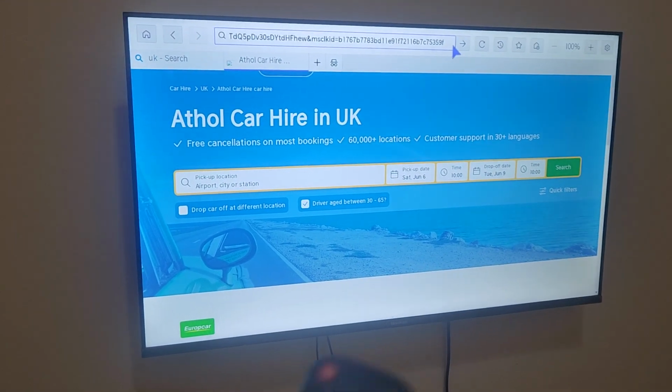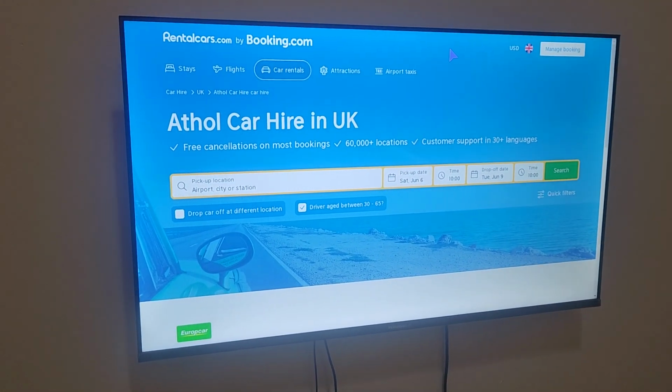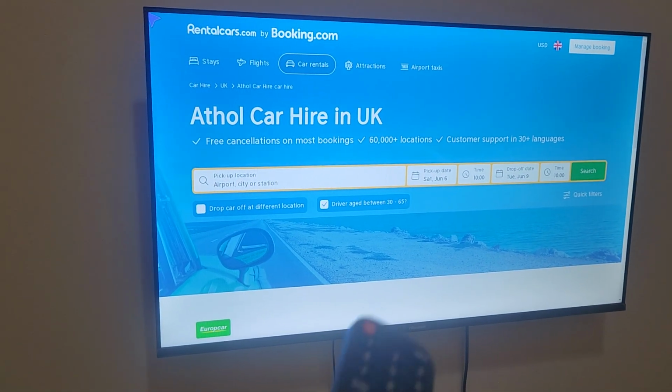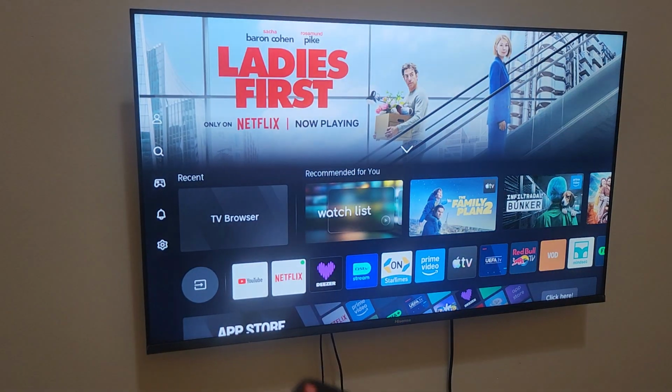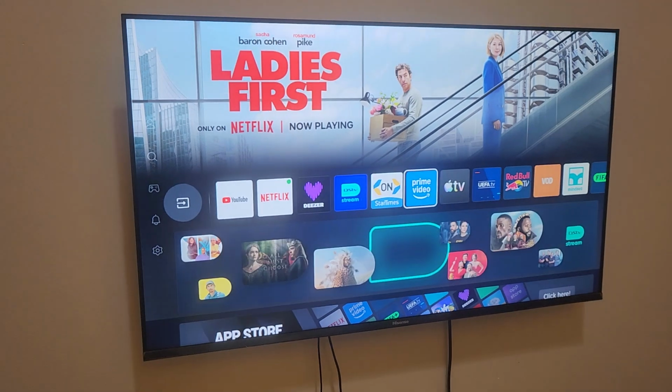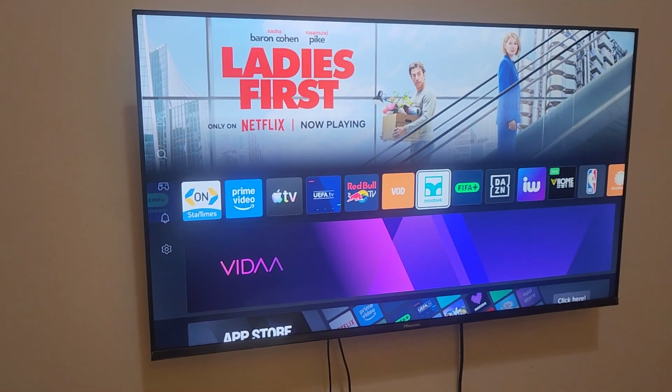You are able to get the information you are looking for, and the browser is a good touch. Mostly this TV has streaming apps, but we also get a bonus of the browser app, and that's how you can use your